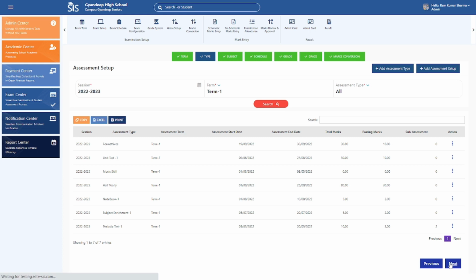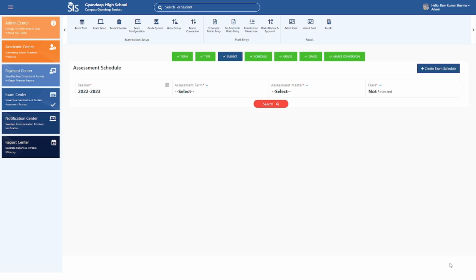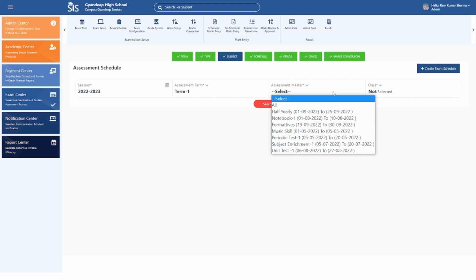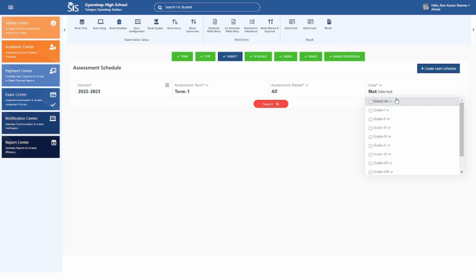Now moving on to the next, we have assessment schedule. For example, if you want to check the subject exam schedule, you can select the session and the assessment term. For example, it can be term 1. For the assessment master, if it is half yearly, or maybe a notebook exam, or a music skill exam, or any UT exam, you can select it from here itself. For example, right now I am selecting all, and for the class I want to check, grade 1 assessment schedule. Now once you click on search,